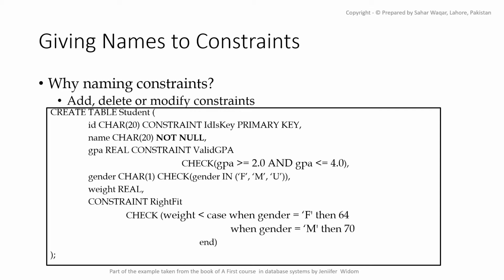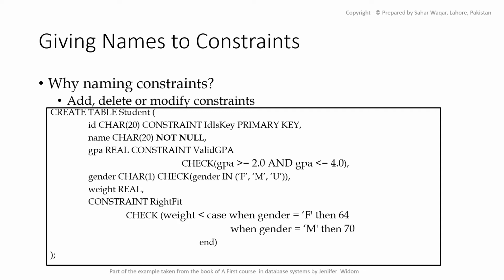We have set an example here which discusses a student table which is specifically designed for a sports college. We have added multiple constraints to add different flavors. Attribute level constraint ID is key, which is named after making ID attribute the primary key column. Attribute level constraint name is designed not null, but we have not named this attribute.